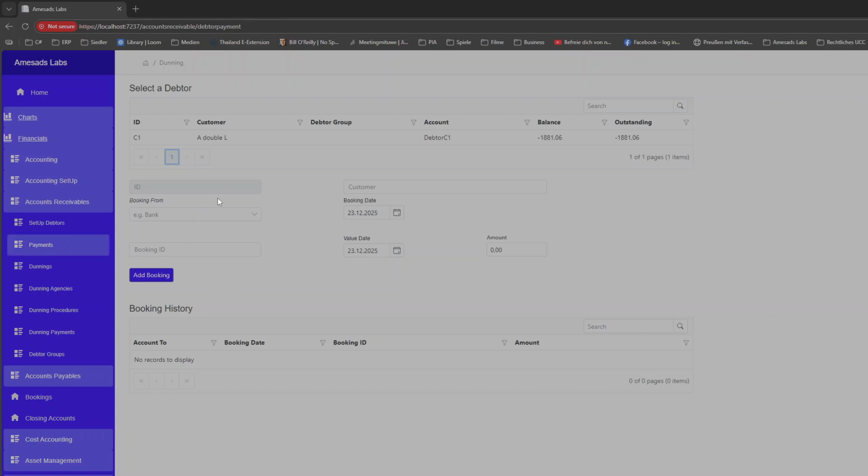So we go in here, we select the customer, and we say, okay, we do booking from bank, so it means the customer has transferred the money via bank. We need to have a booking ID. And we have to give it an amount. And in this case, I just want to give the full amount,